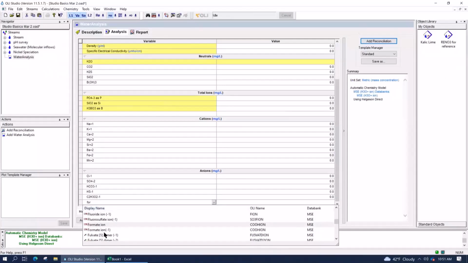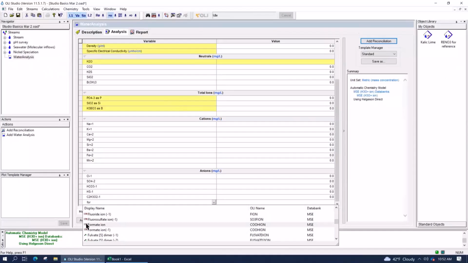What you'll notice is that when you do that, you may in fact see duplicate entries, formate ion -1. As it turns out, they're identical in nature. It's just that we provide multiple synonyms so that it's easier to find things. On average, there are about 9 ways of entering a species in the software. There are about 6,000 species in the software, and about 60,000 entries, so it's more like 10 ways of entering things.